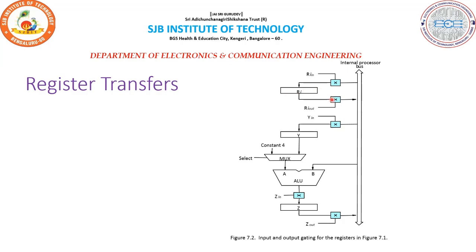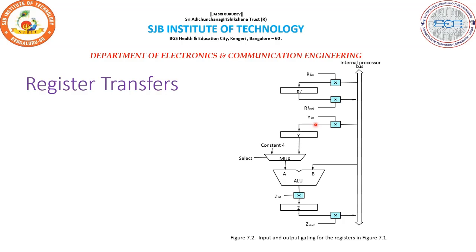If I specify a 32-bit register, this is a collection of 32 flip-flops. So at the next active edge of the clock, the flip-flop, that is R4, will load the data present at its input. At the same time, the control signals R1 out and R4 in will return to 0. So after transferring the content of R1 to the processor bus, and that being copied to R4,